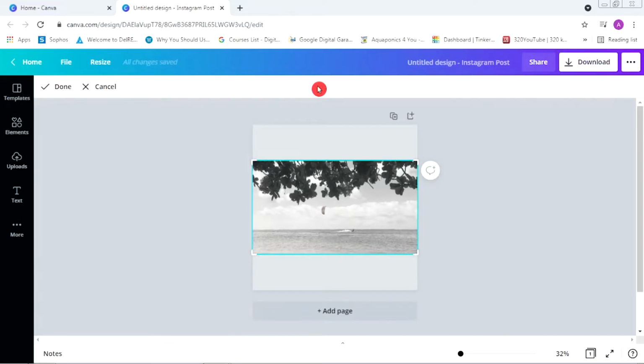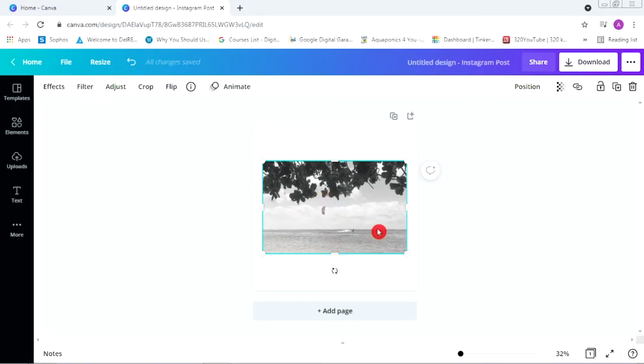Next option is cropping the image. So when we click on the crop image option, we get these 4 angular brackets on the corner. What we can do is drag, and once we drag from any corner, grid lines appear. These grid lines help us in cropping the image. Once we are satisfied with the amount of crop, we click on done. As soon as we click on done, the image gets cropped.